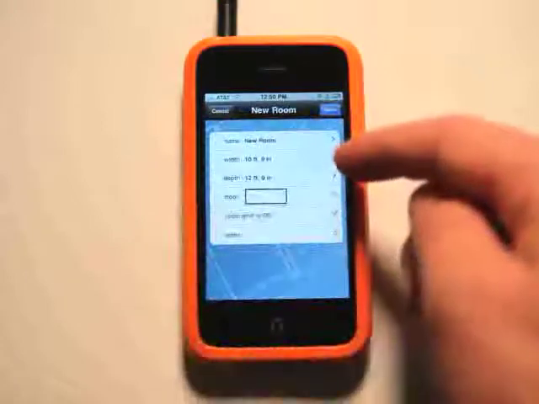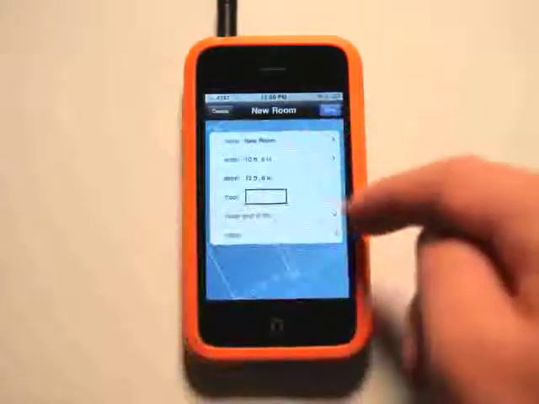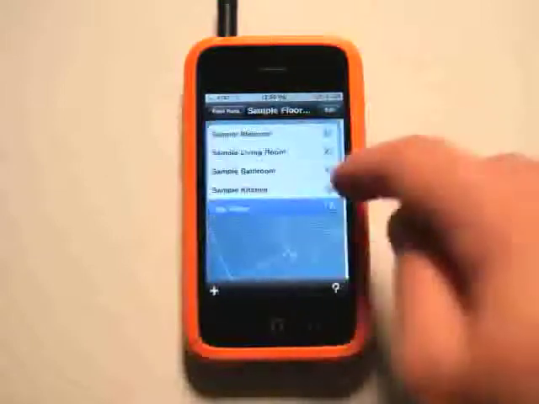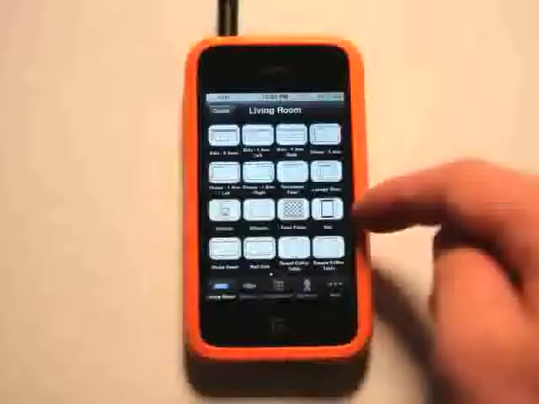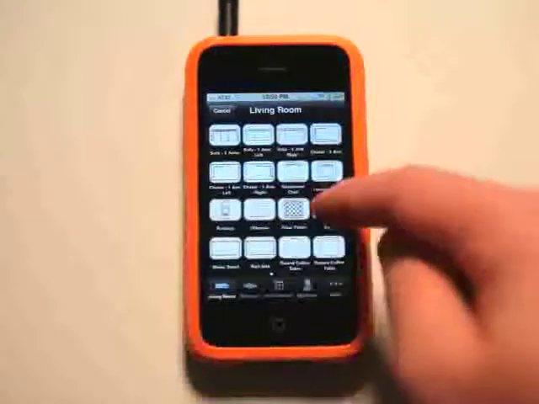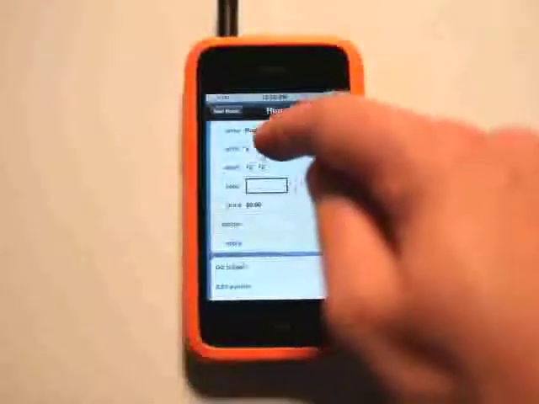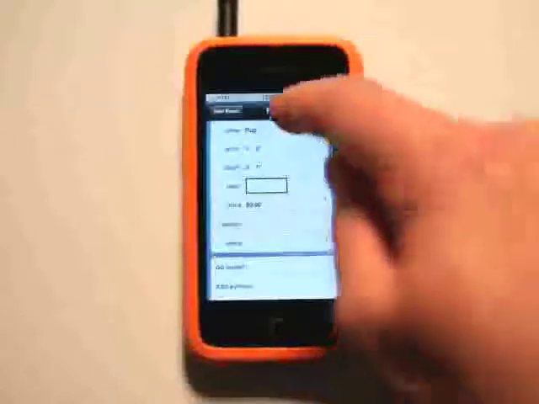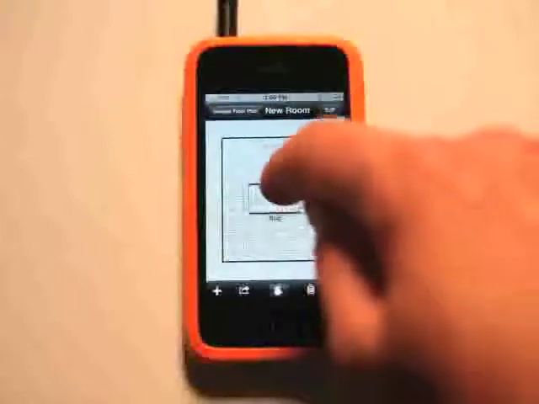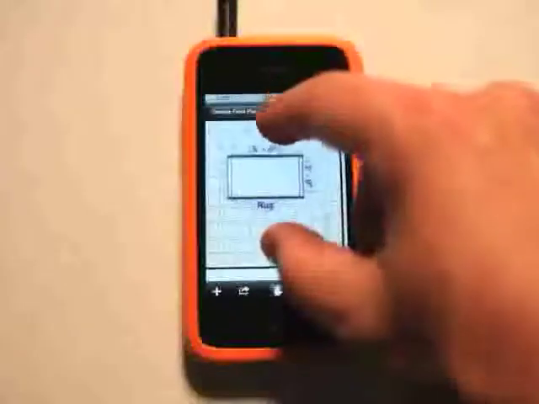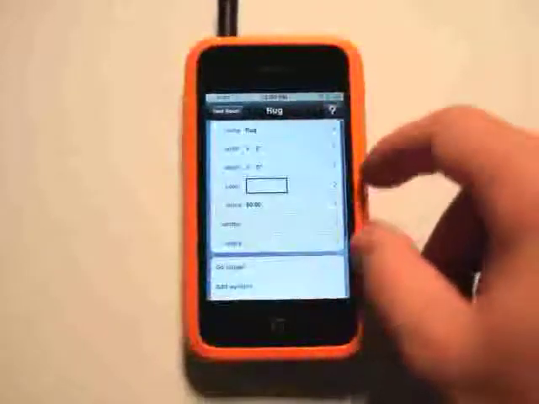You can also just add simple rooms here, choose the size, give them a name, and hit save, and then we've got an empty room here in which we could start adding items by hitting plus. And now say we want to enter a rug, so we could put in the rug here, give it a certain size. Let's say it's just a 5 foot by 3 foot rug, and you can see it sizes itself accordingly to the room, and we can zoom in and get closer to that, and we could reposition this rug,